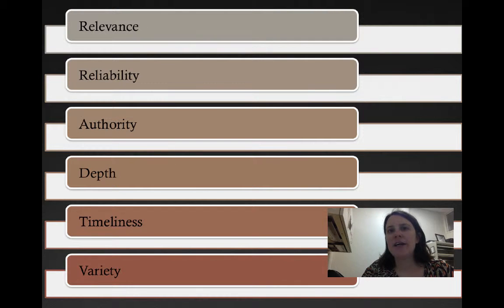Then the next criteria is depth. Contrary to popular belief, there is probably nothing wrong with things like Wikipedia or SparkNotes or GradeSaver type sources, okay? Or I guess I could say that the only thing that's wrong with them is that they're shallow. They're just not very in-depth, okay? So even when their accuracy isn't in question, and many times they may be perfectly accurate, they don't make good sources for a lengthy final research paper because the whole point is that by the end of the research paper, you're supposed to be an expert.